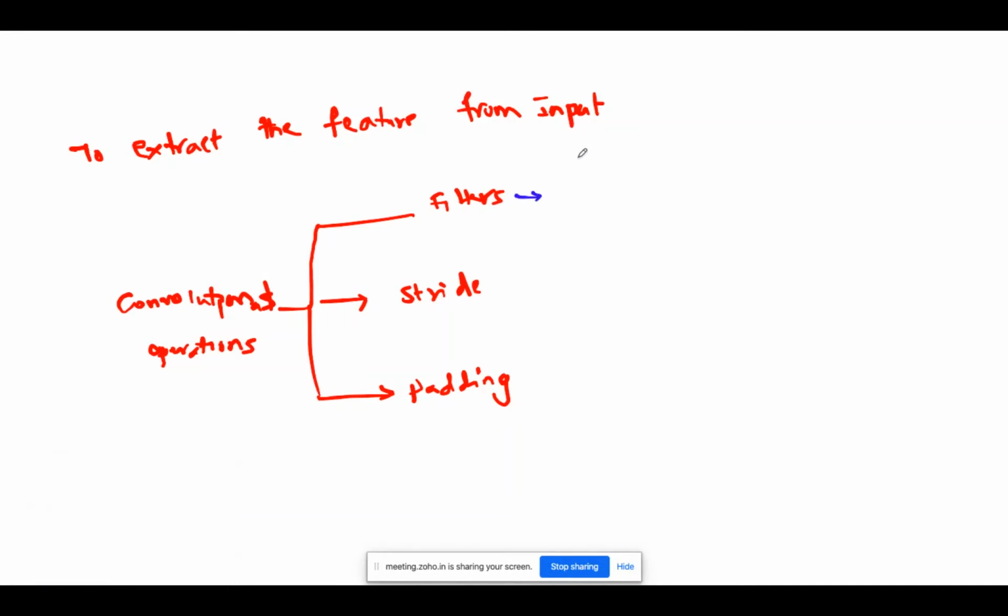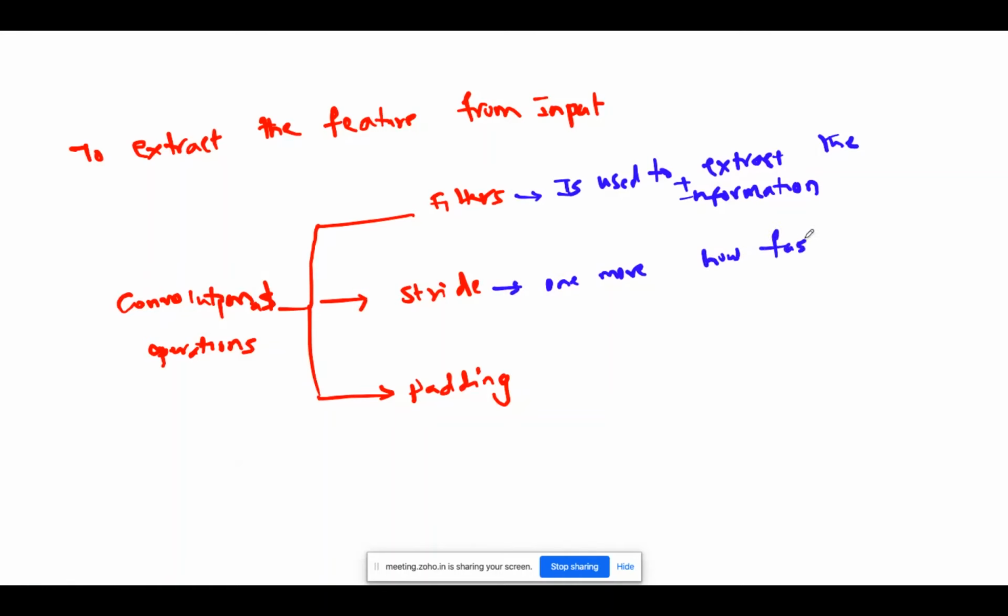The filters are used to extract the information, and stride is one more concept: how fast you are reading or extracting the information.